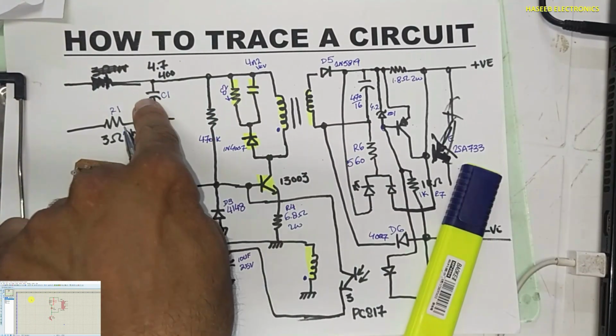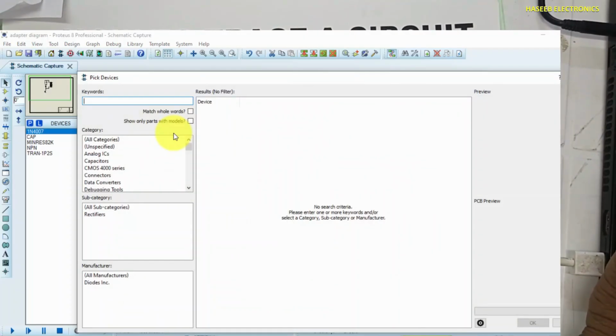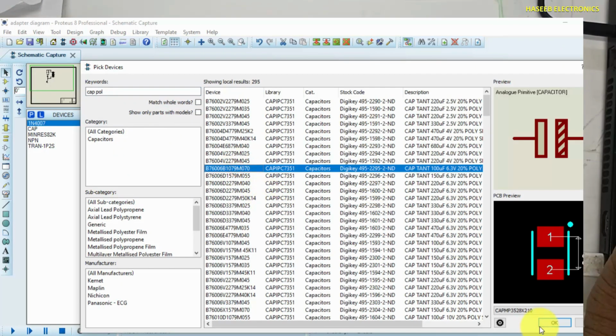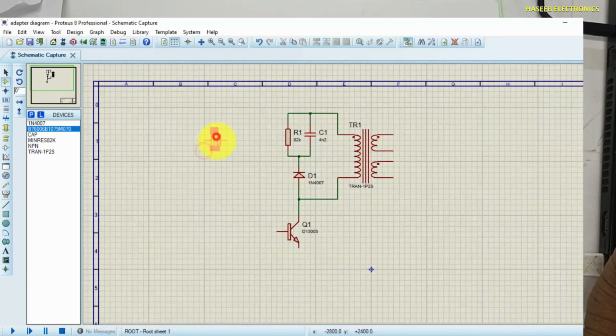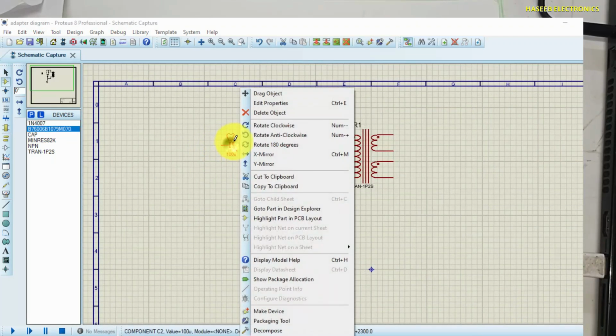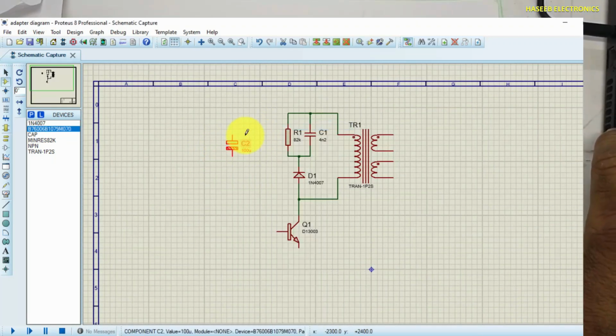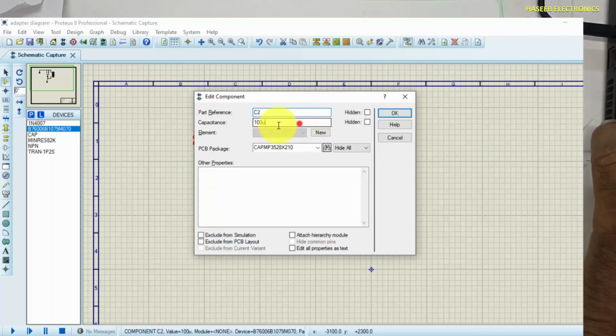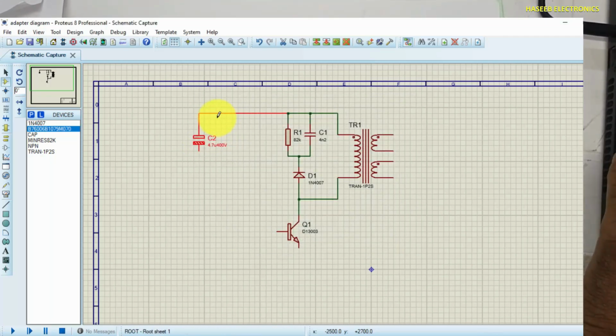Then we need a capacitor here, a polar capacitor, 4.7 uF 400 volts. One diode.